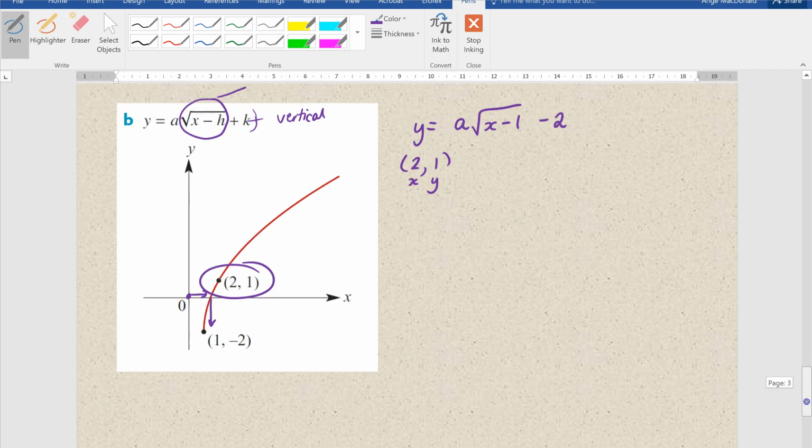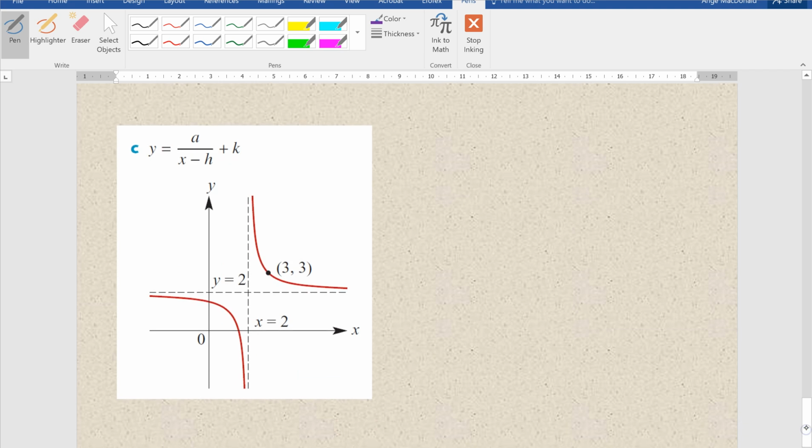Okay? And similarly, down here, I should have led on with that, what we were doing before. Because I know that my vertical asymptote is 2, that means the denominator must be x take 2. Okay, and we've got our horizontal asymptote of 2, so that's got to be plus 2. We pop the a there, and we will use this point to now sub in and solve for our a value. Okay, so substitute in, we get 3 equals a over 3 take 2, sorry,